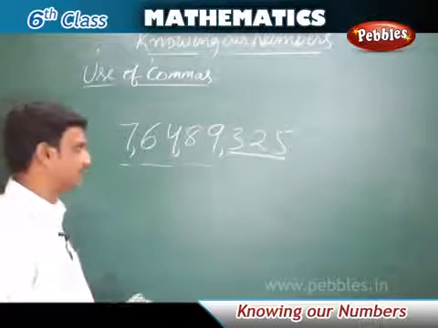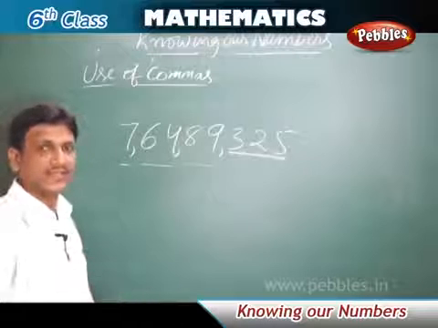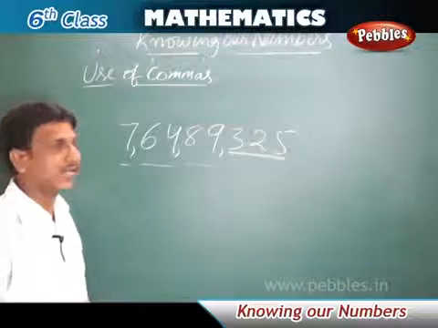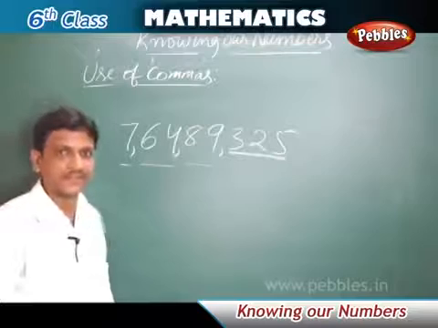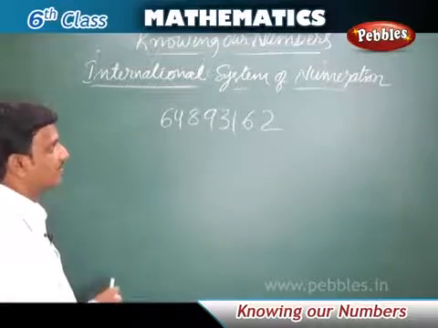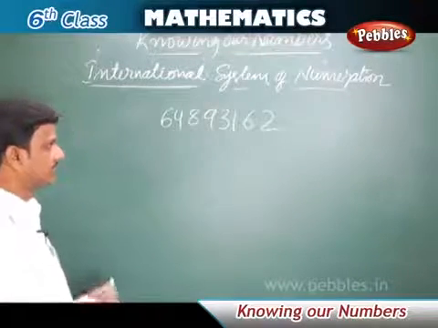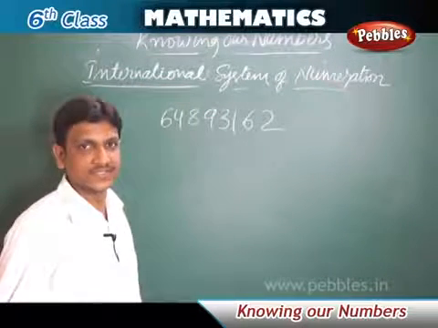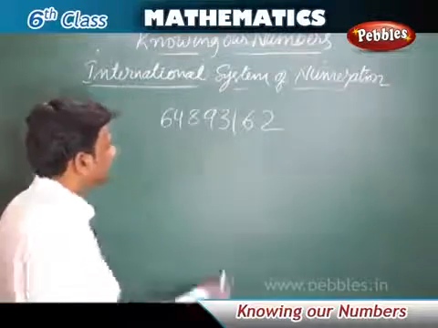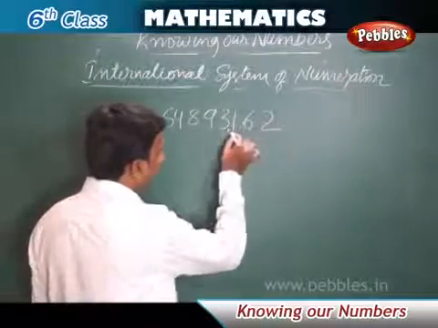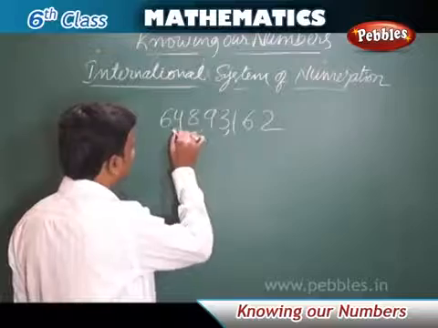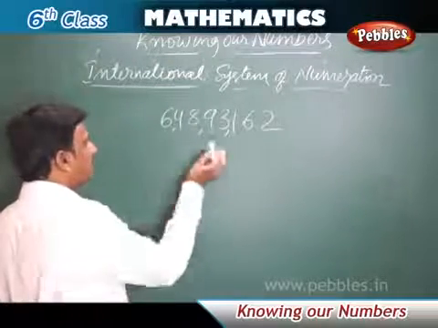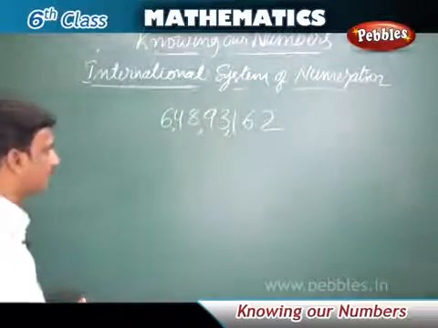The use of commas makes it easy and convenient to write and read large numbers like this. International system of numeration: the way we write and read numbers in our country is different from other countries. Here in our country, we keep the commas after 3 digits from the right, then after 5 digits and after 7 digits, and we read this number as 6 crore 48 lakhs